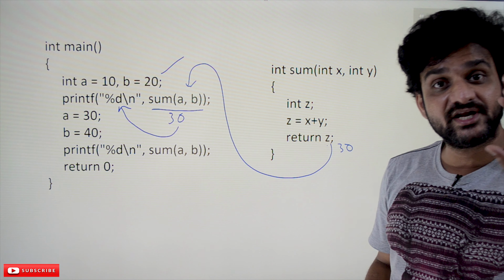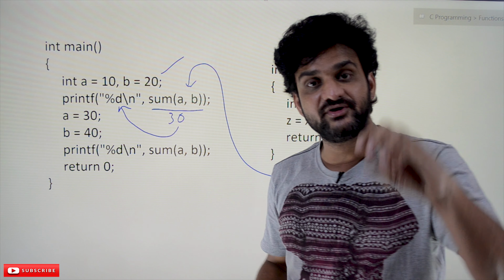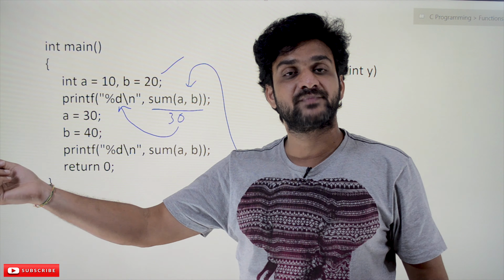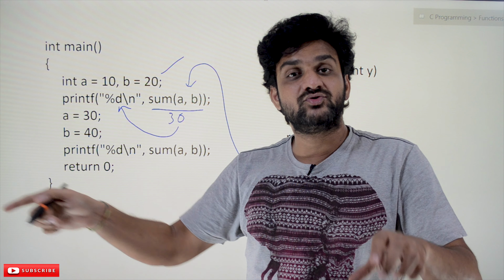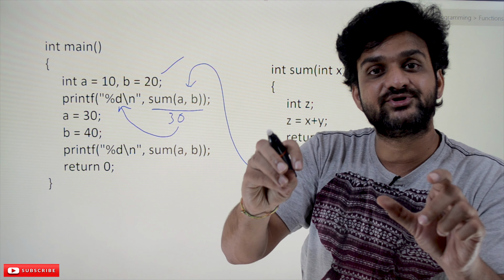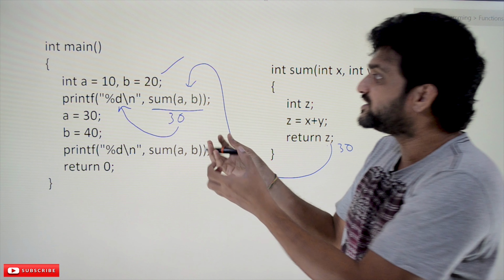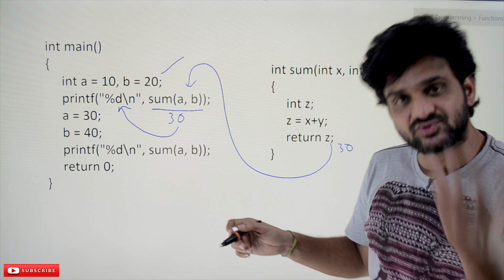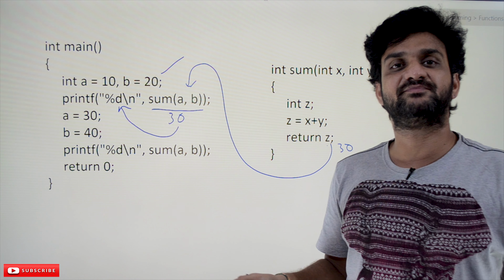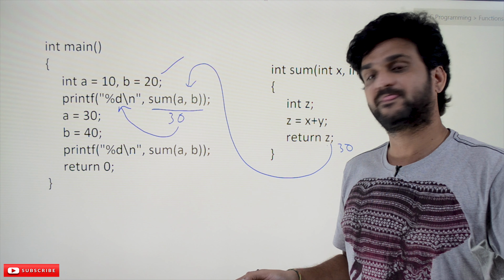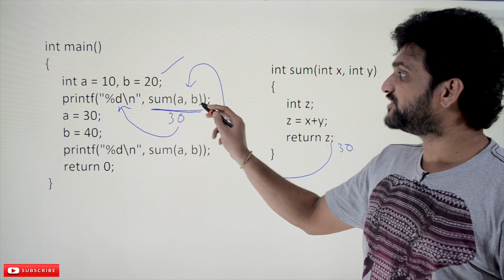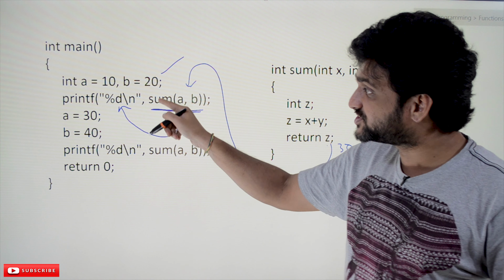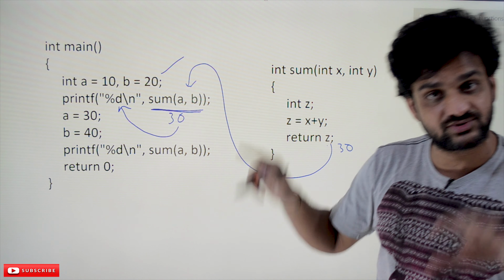Okay, if we need that value to be remembered, if you want to use that value somewhere else in the program, then there is a need to create a variable and store that value in that variable. But in our program there is no need, as we are just printing the value. We have avoided the variable c. We can directly give the function call within the printf. So the concept that you have to understand is that functions can be used directly within the printf function also.